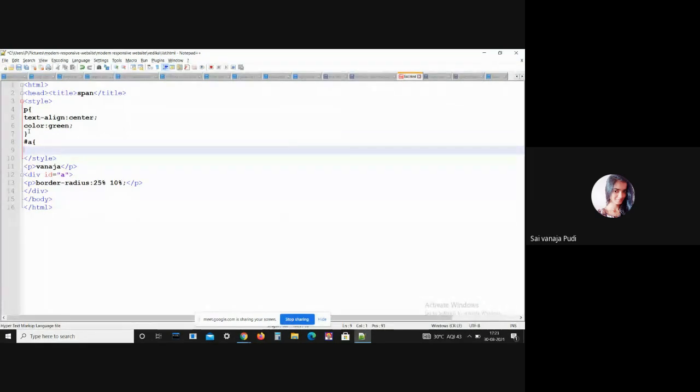Let me give here border radius, that is 25% as usual, and percentage.